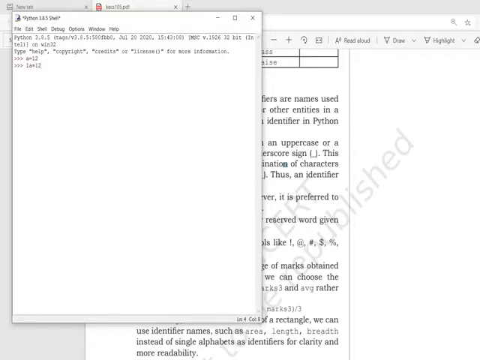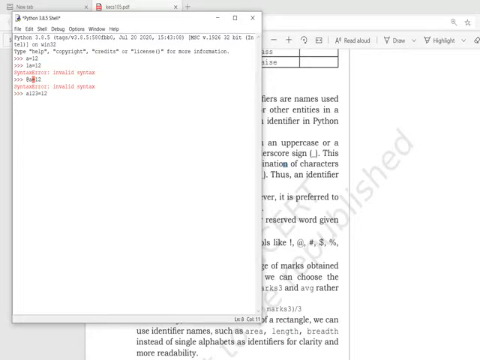Let's understand it practically. If I am saying A equals 12, that means A is an identifier and it is referring to the location where 12 is stored. So now it is okay because it's a valid identifier. But instead of A, if I say 1A is equal to 12, then it will create an error. Why? Because we are not following the rule of creating an identifier. The rule says the first character should either be an alphabet or underscore, but right now it's a digit, so it will create a syntax error.